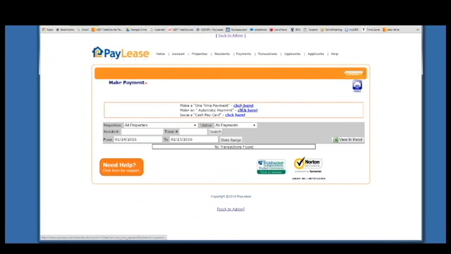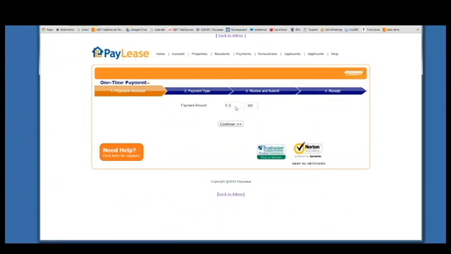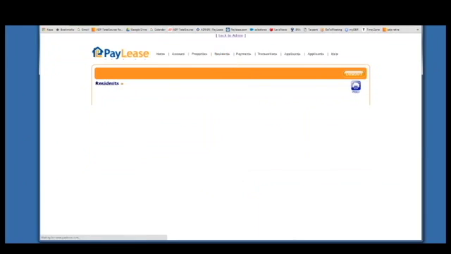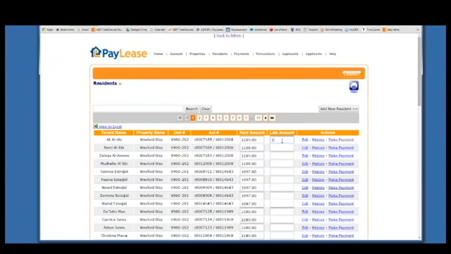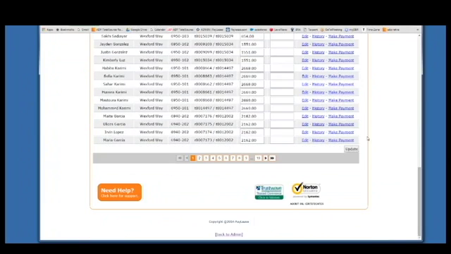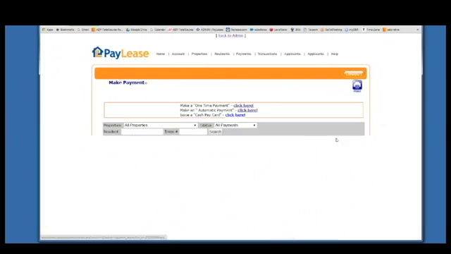Clicking on one-time payment here, the payment amount will be here that you will put in. It's locked, so you can only make a payment for the balance showing here. So when the resident logs into their account as well, if they do not have a balance, they will not be able to pay. If they do have a balance, they are unable to edit it. Just to show you, for example, what it looks like, I'm going to save a balance right here. I'm going to delete that afterwards, but I just want to show you what it looks like to make a